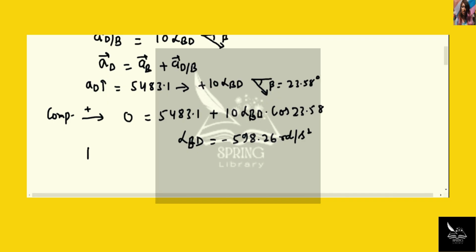If we take this direction to be positive, the component along this direction gives AD equal to 0 minus 10 sine of alpha BD, sine of 23.58. If we substitute the alpha BD calculated above, AD you will get